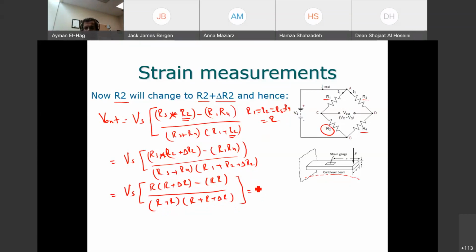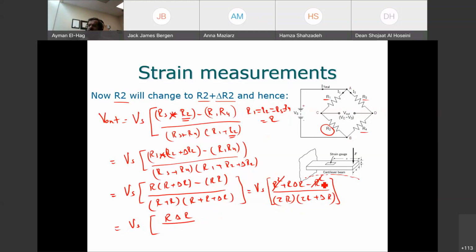So this becomes Vs times, let's multiply, R squared plus R delta R minus R squared, divided by 2R times (2R plus delta R). So this becomes equal to Vs. R squared will cancel with R squared, so this becomes R delta R divided by